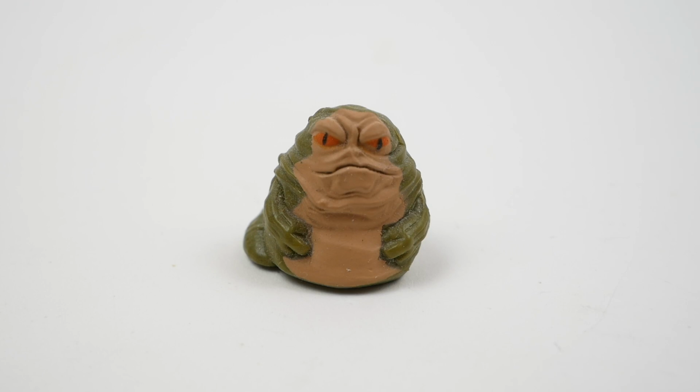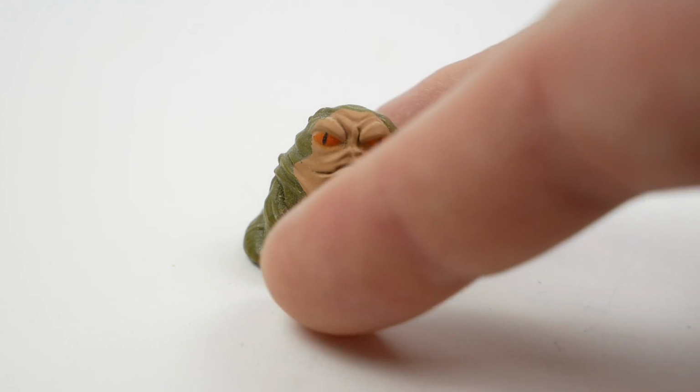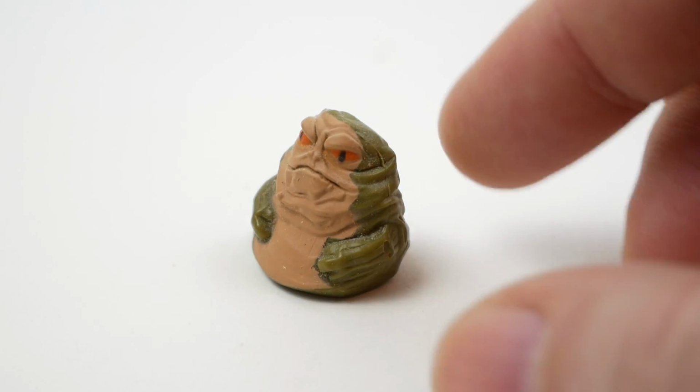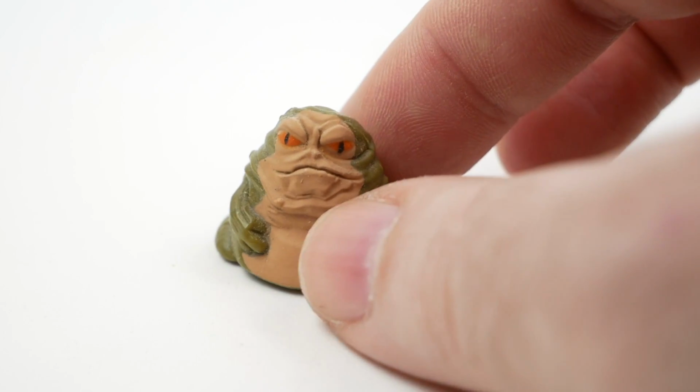Let's take a look. I decided to go through my entire collection and get all of the officially licensed stuff for Ziro the Hutt that I could find. What we have here on screen, obviously, is not Ziro. This is Jabba. This is the Jabba the Hutt Fighter Pods figure that was released in, I believe, 2012, so